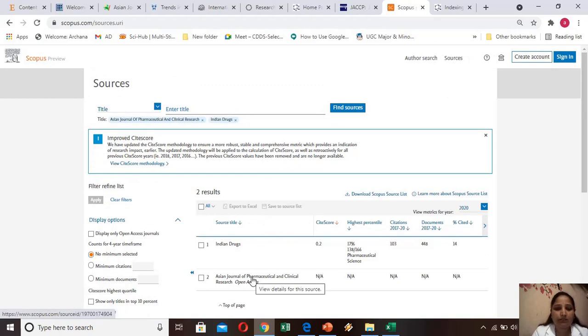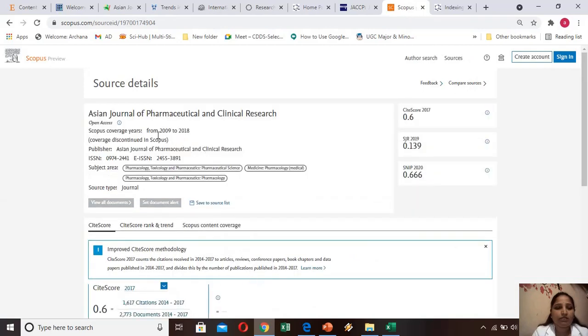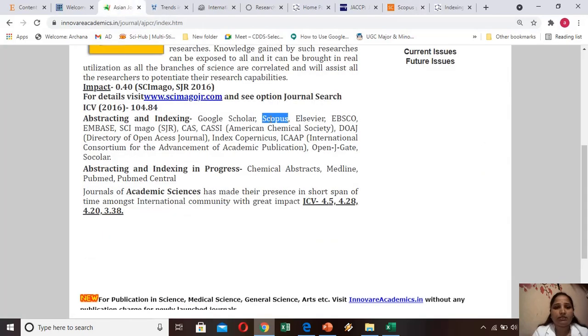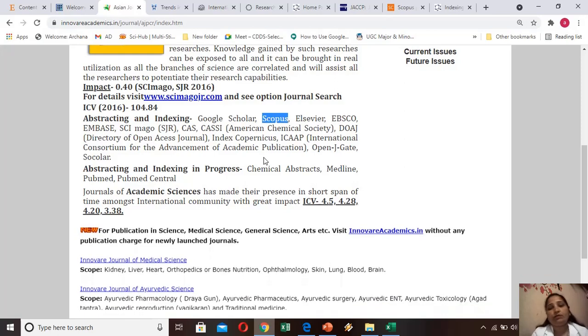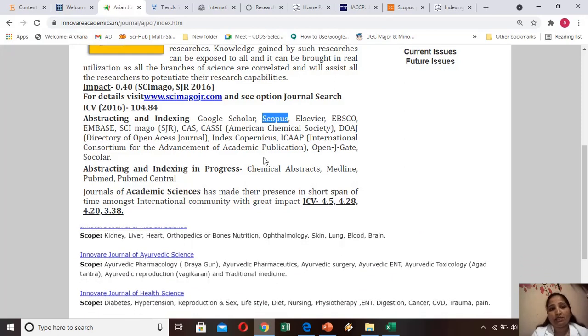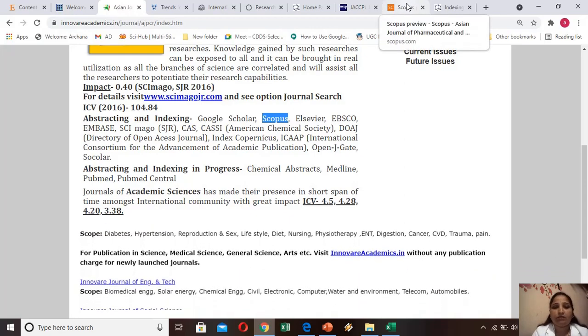Here the journal name arrives. Just click on it. Here you can see the coverage of this journal, that is from 2009 to 2018. So in 2021 it is not indexed in Scopus, but still the website mentions that it is indexed in Scopus. For this reason, every time we need to check the indexing of each and every journal on the Scopus website.